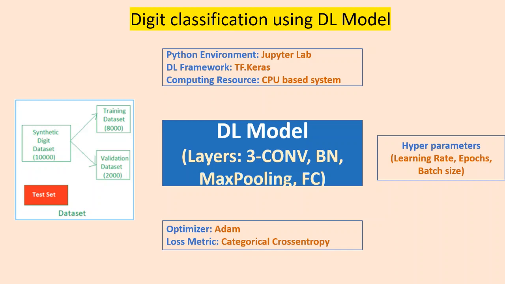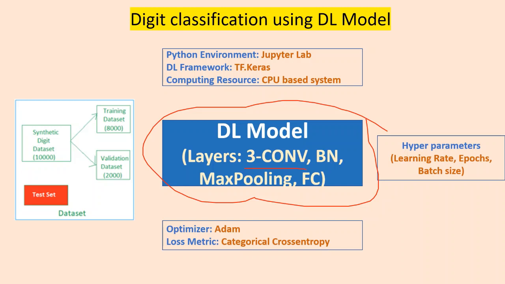Hello everyone. In this video, I will give a demonstration of building a digit classifier using the tf.keras API. As you can see here, this is my deep learning model, which has three convolutional stages. Each stage has convolutional layers with a specific number of filters, followed by batch normalization and an activation function called ReLU. I also have a max pooling layer to reduce the dimension. Then, in the classification part, I have fully connected or dense layers with an activation function called softmax.